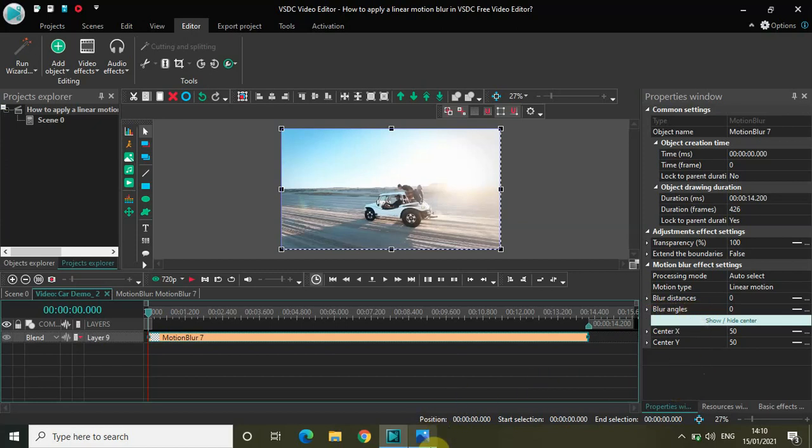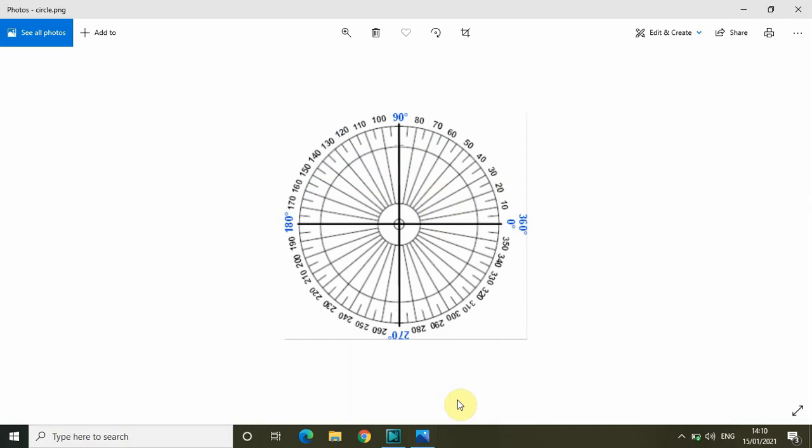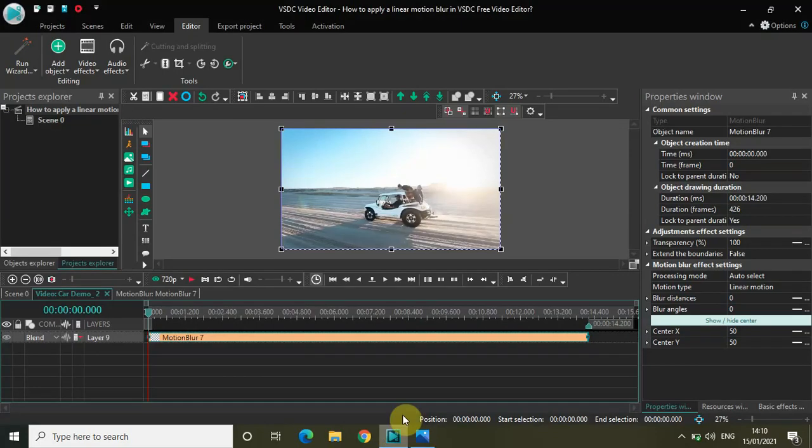I've got this image for you to explain blur angle, and I need you to remember these values. On the extreme right we have 0 degrees, at the top we have 90 degrees, on the extreme left we have 180 degrees, and at the bottom we have 270 degrees. Remember these values because we will make use of them right now.